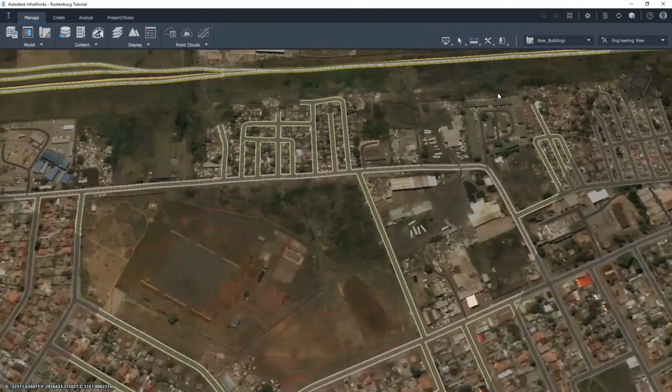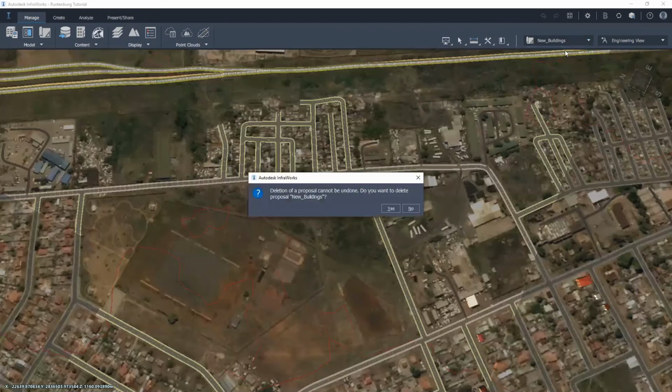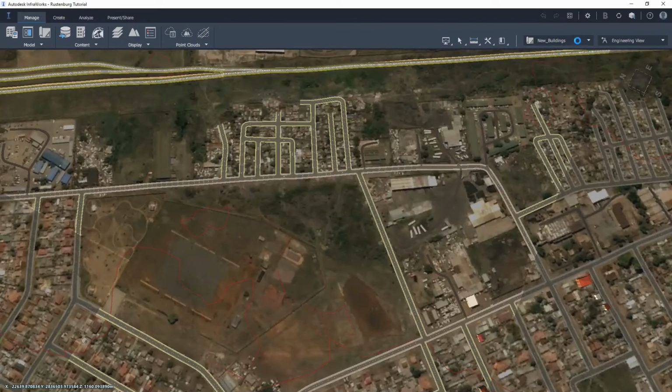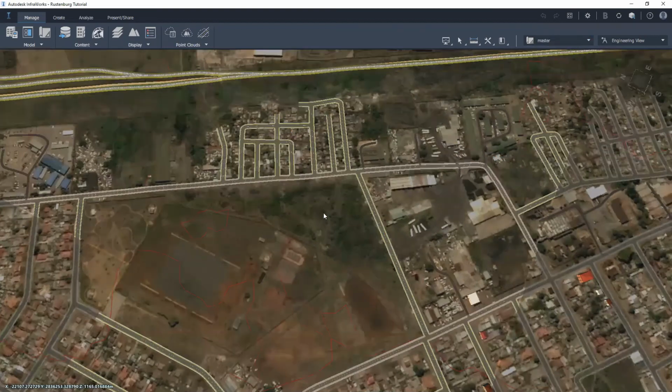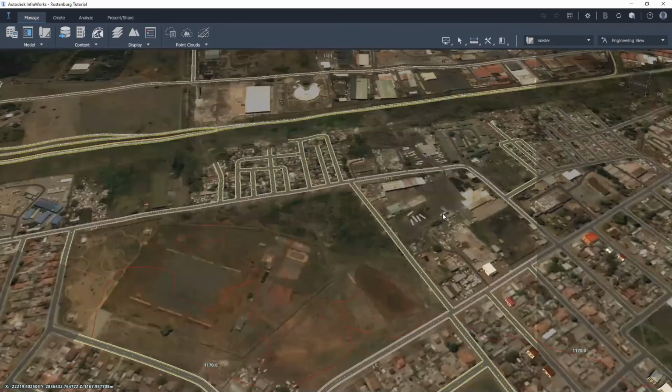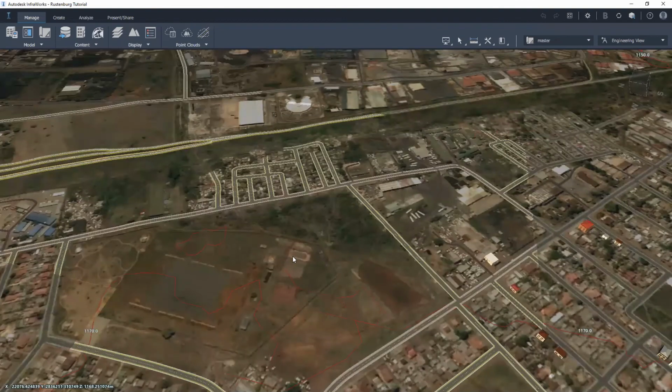So now, looking at what we have here, we can quickly delete that proposal. Your model will be created with a master proposal. And as you can see, you cannot delete it, but you can edit it. What I would advise you do is, as soon as you've created your model,